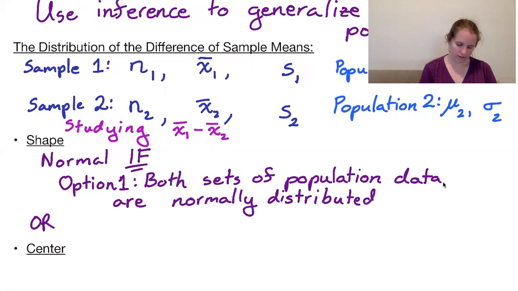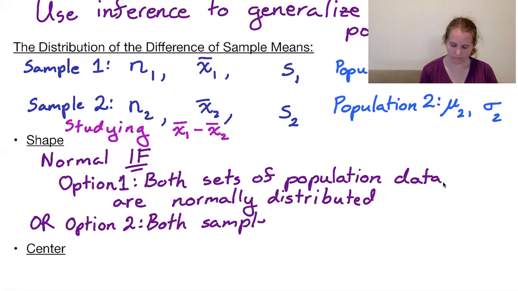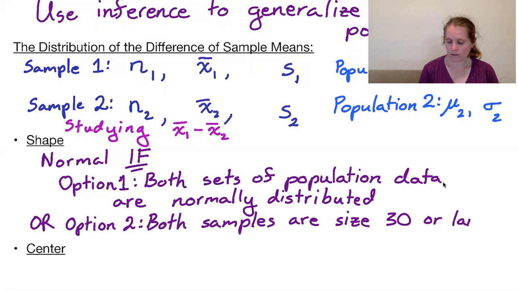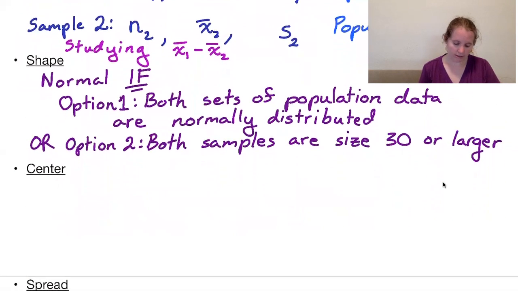Or option 2, both samples are size 30 or larger. So these are exactly the same justifications that we needed for a normal distribution for the X-bar distribution. It's just now we need it for both samples or both populations instead of just for the one we're involved with. For the center,